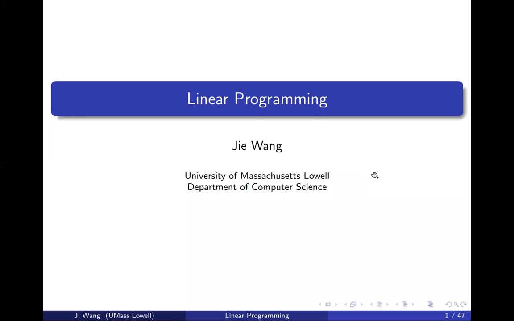In this video, we are going to look at linear programming. Linear programming is a commonly used algorithmic technique for solving optimization problems. So we have seen dynamic programming and greedy algorithms for solving optimization problems. And linear programming is another commonly used technique, but this time the objective function we want to optimize has to